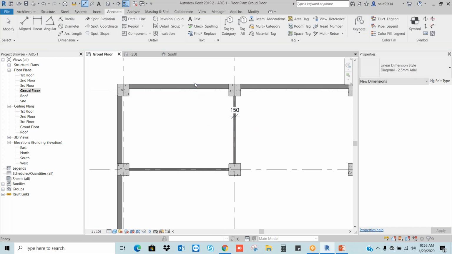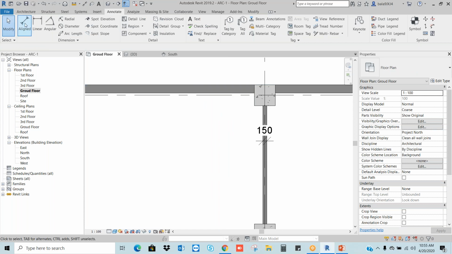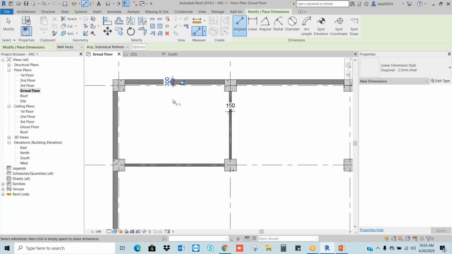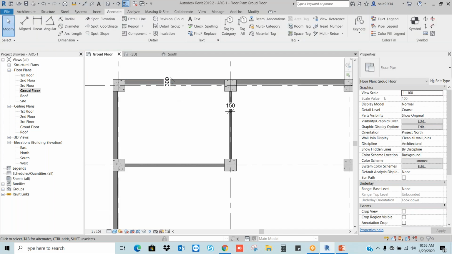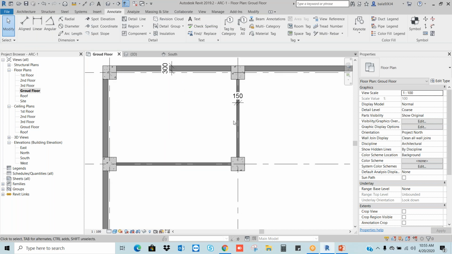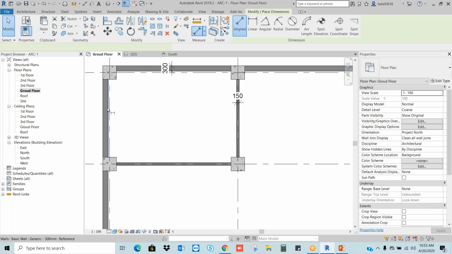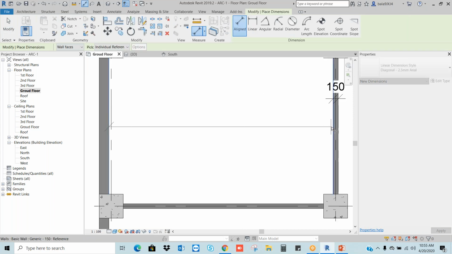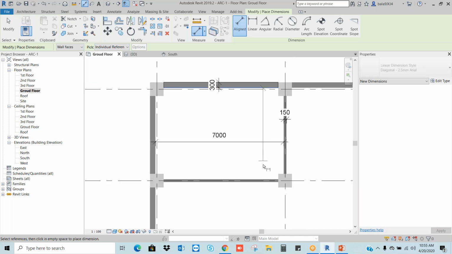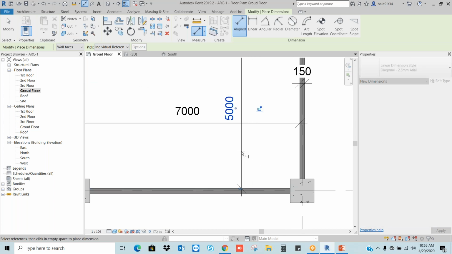Right. So if I want to measure this wall, go to the dimension and choose the face of the wall. We can measure the wall thickness like this. Let's say for example I want to measure this room's distances. Go to the dimension, face of the wall to face of the wall. Okay, this distance, face of the wall to face of the wall.